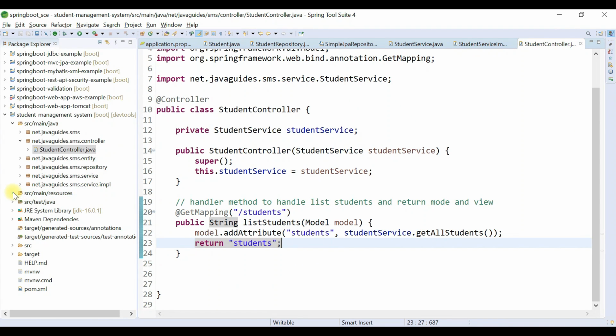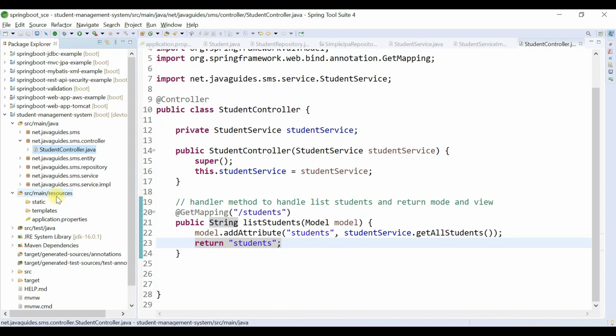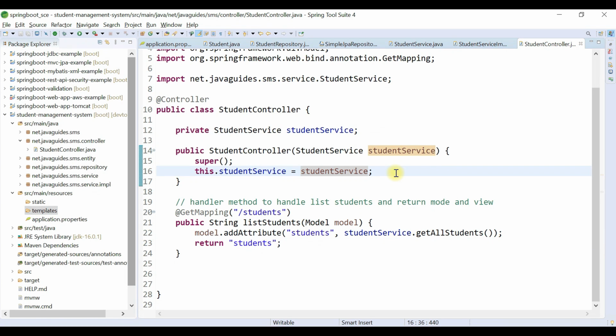Alright, so go ahead and expand the resources folder, and under the resources folder you can see the templates folder. So basically Spring Boot will auto-configure a view resolver for Thymeleaf.